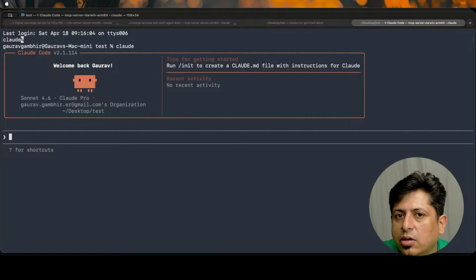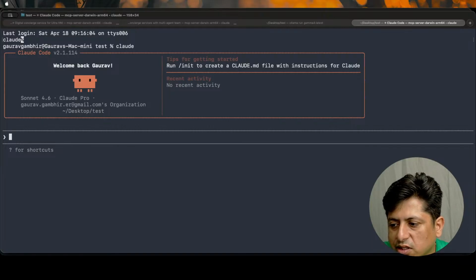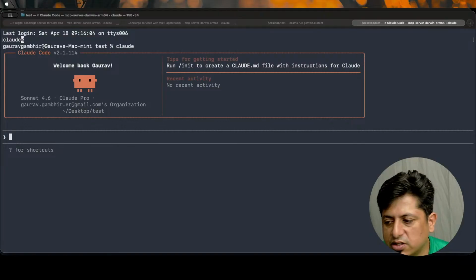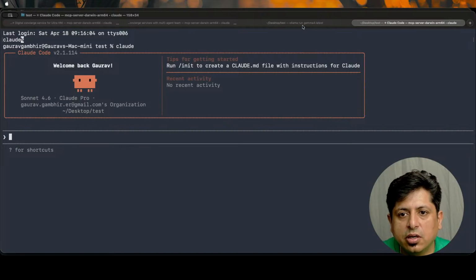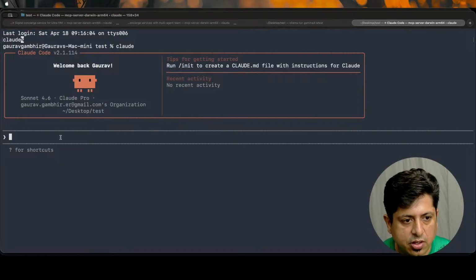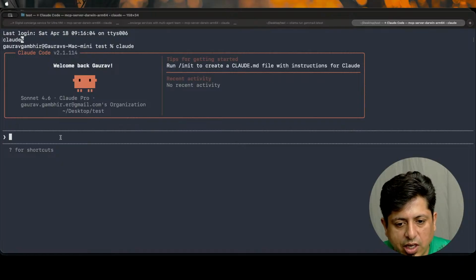So for larger text tasks where the text is simple but large in volume, you can save a lot of tokens by using this technique. So let's do something. I'll instruct Claude to call Ollama and do the same task we have done. Let me give it a task. Okay, using Ollama running on my local machine,